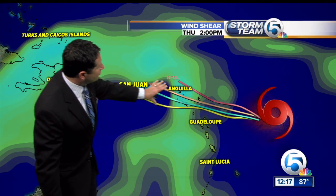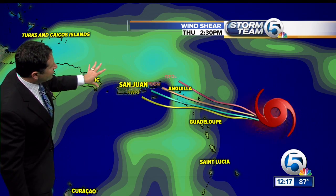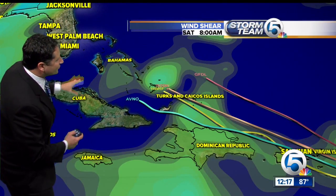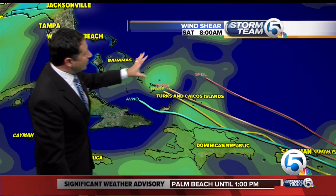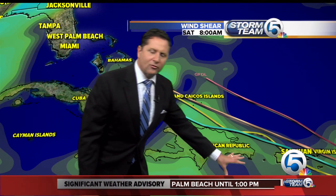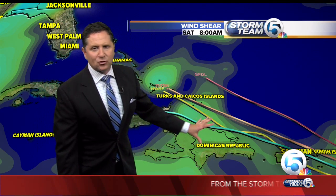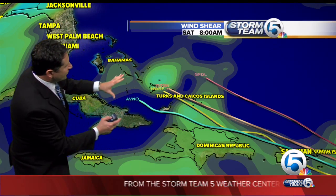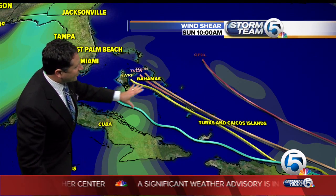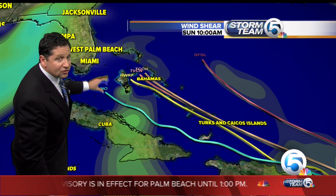Here are the spaghetti models, and you can see as Erika continues to move to the northwest, that wind shear stays in place there. So this constantly is digging into Erika as it's trying to make its way up to the northwest. Now, once we get to Saturday, if Erika makes it past Puerto Rico and Hispaniola, doesn't interact with the land too much, and doesn't get torn apart by the wind shear, you'll see that wind shear really decreases here. And that will enable Erika to possibly strengthen into a Category 1 hurricane as it starts to move up